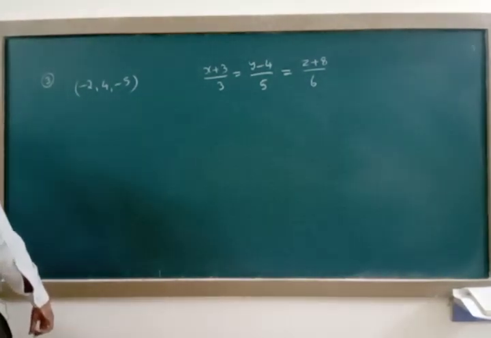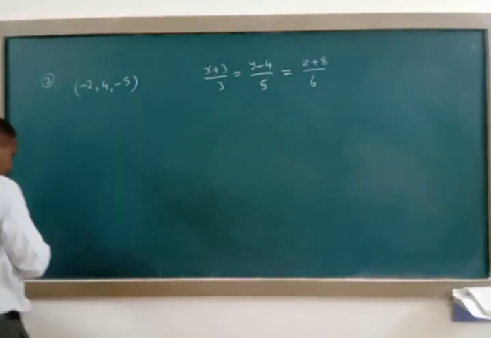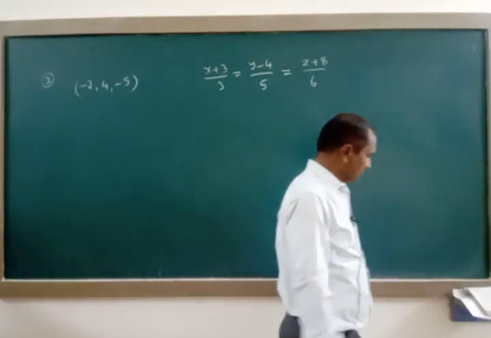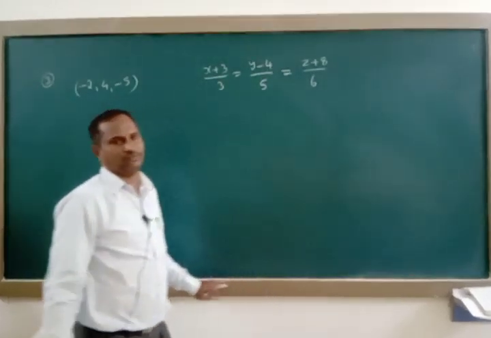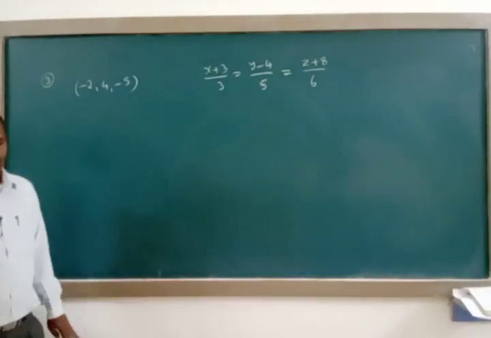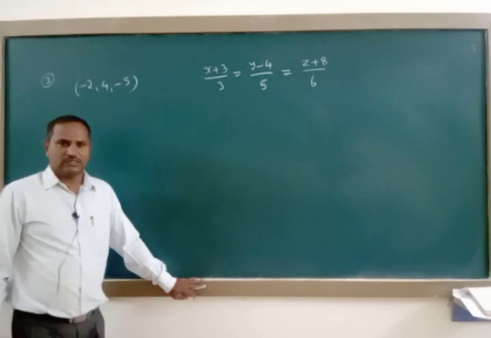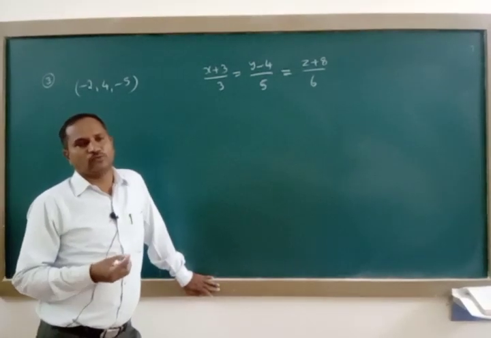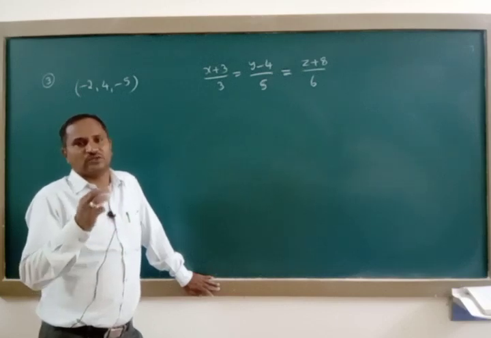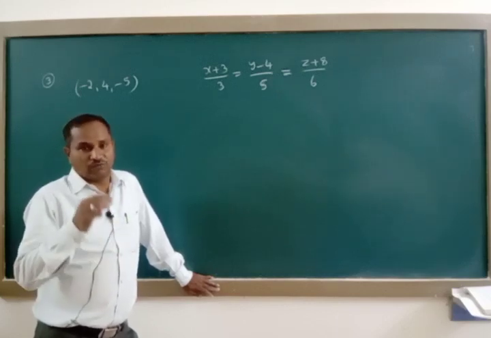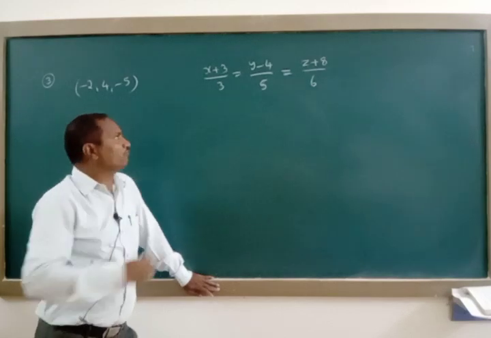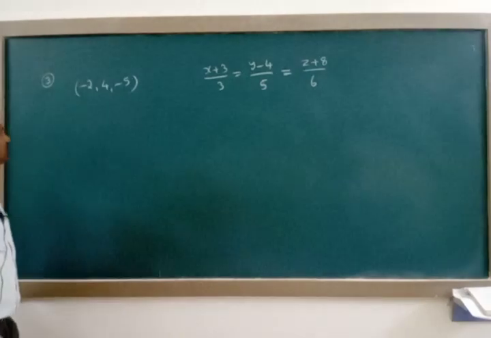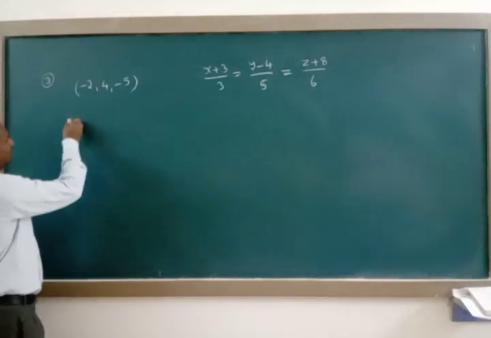Here they are asking for the Cartesian form or the vector form. They can ask for any form. Here they are simply asking for the Cartesian form of the equation of a straight line. They won't ask for the vector form here. For the Cartesian form, we must select the values from the given two quantities here. See here, one is capital A.